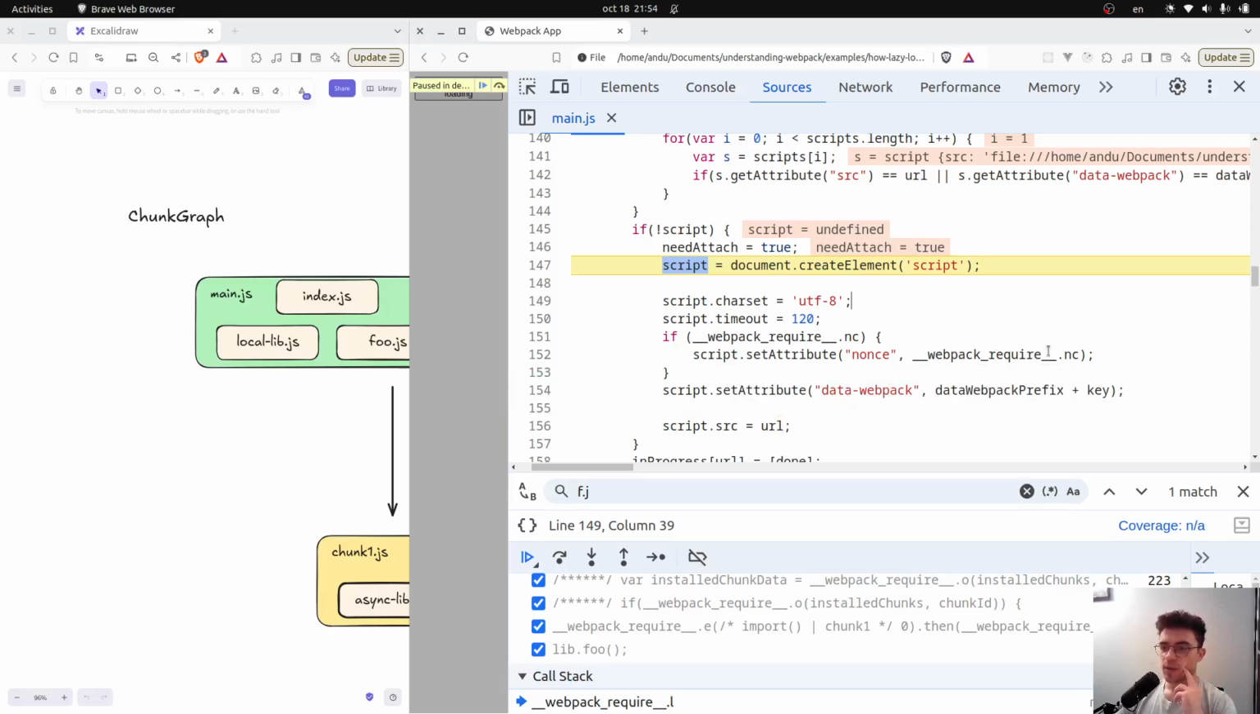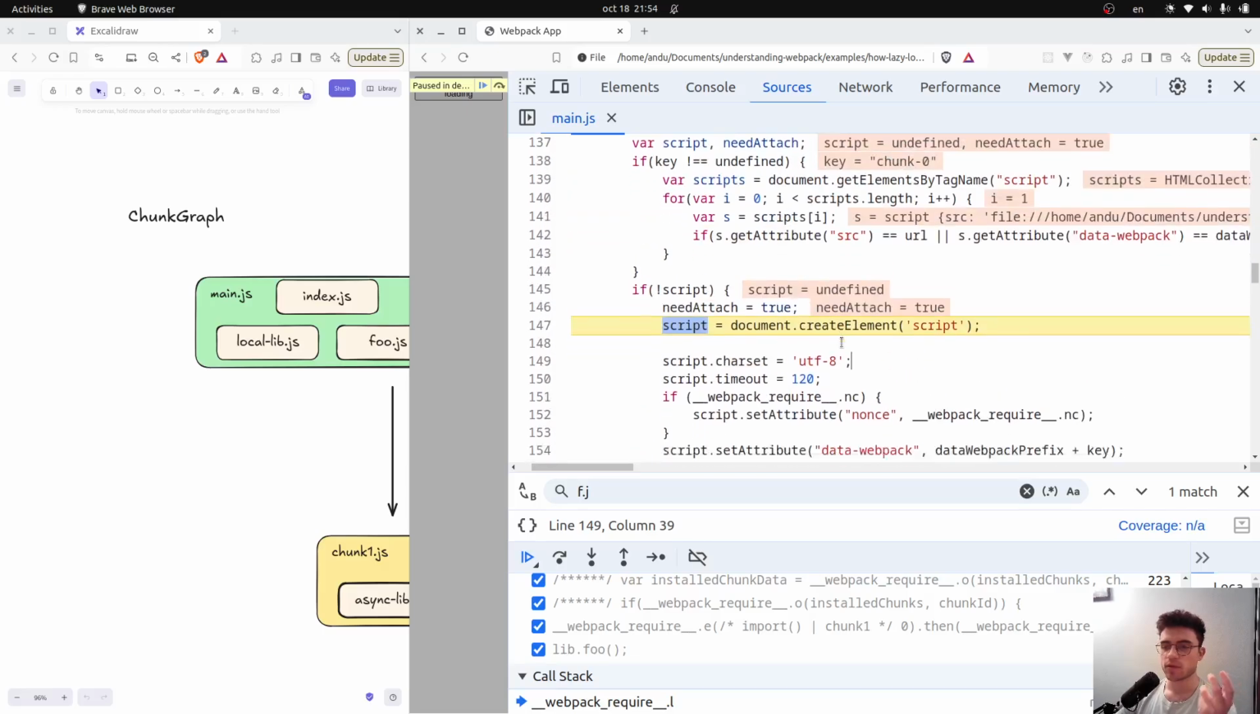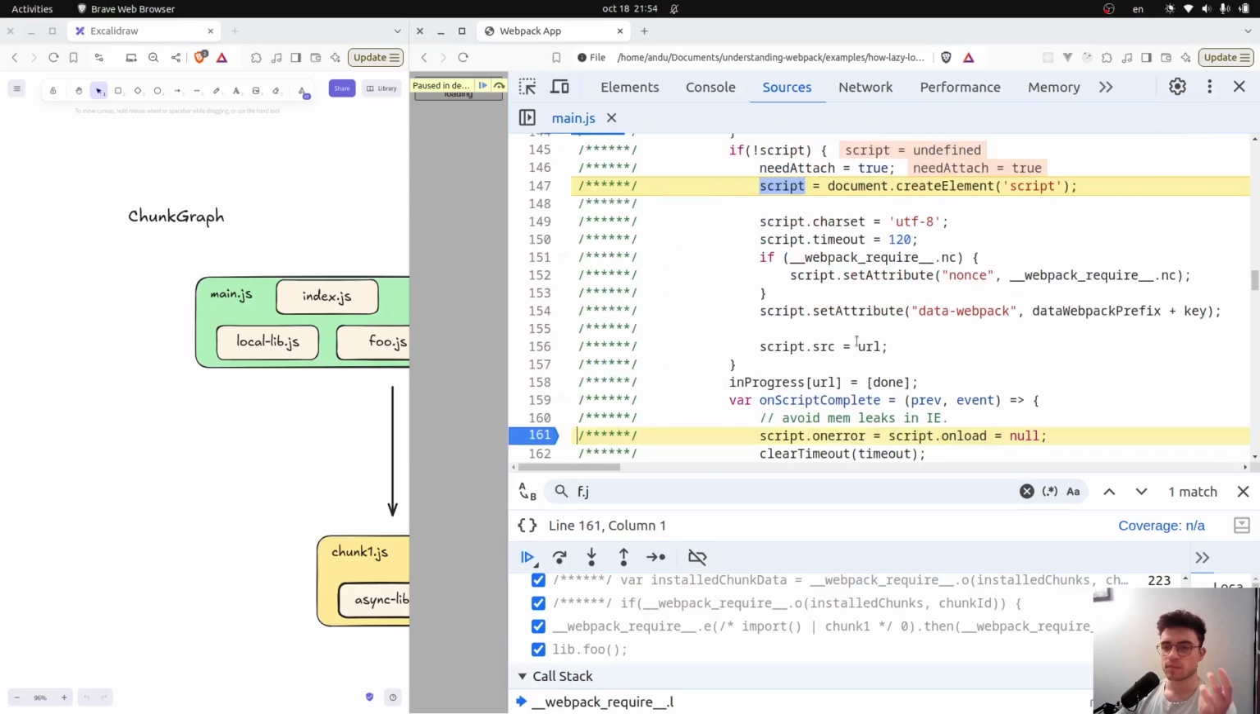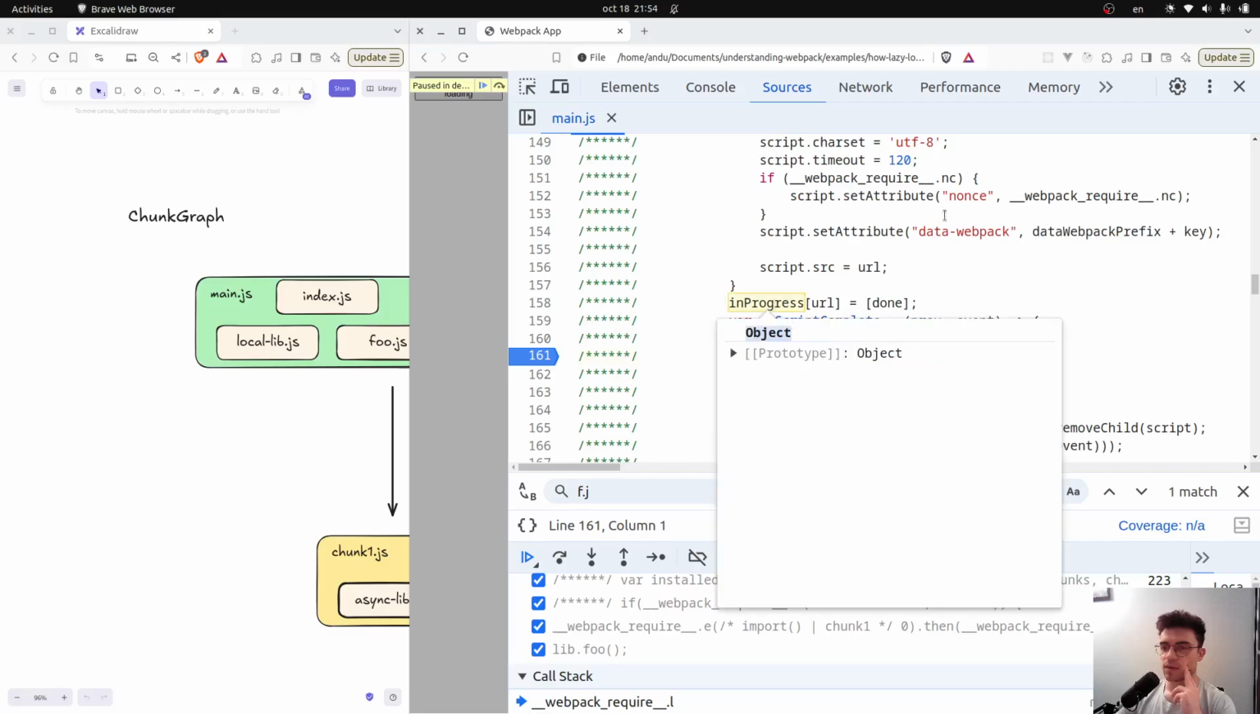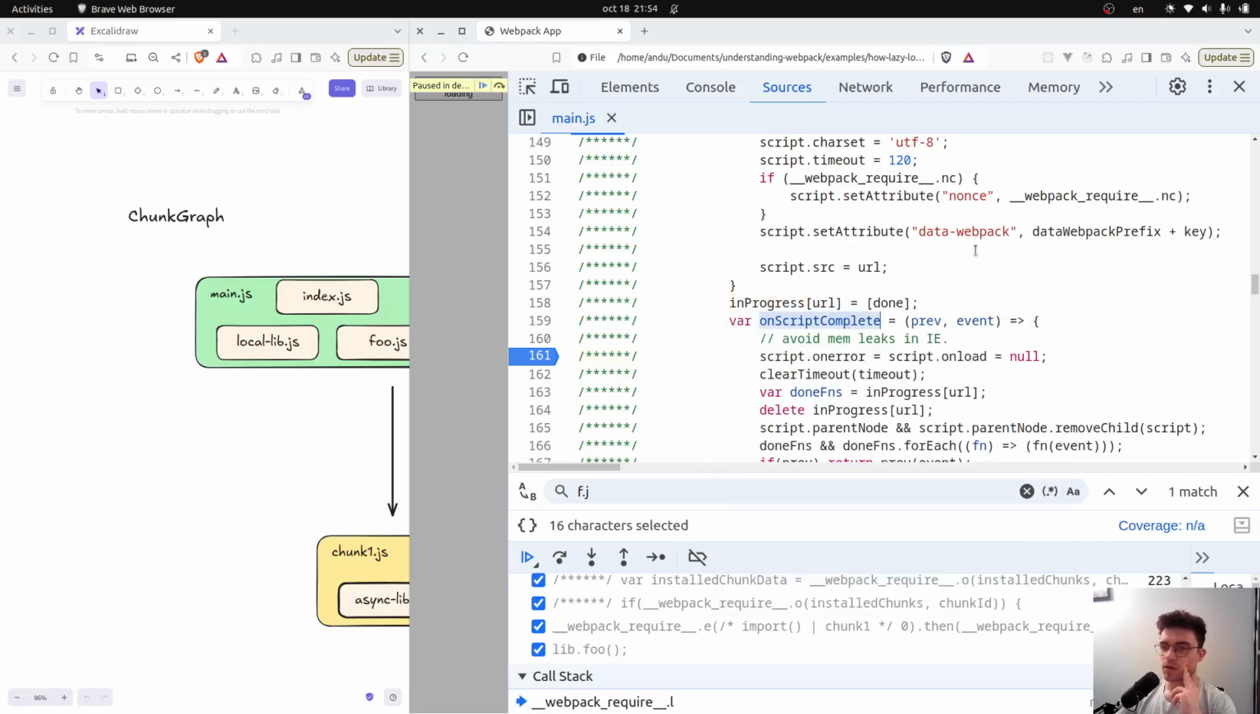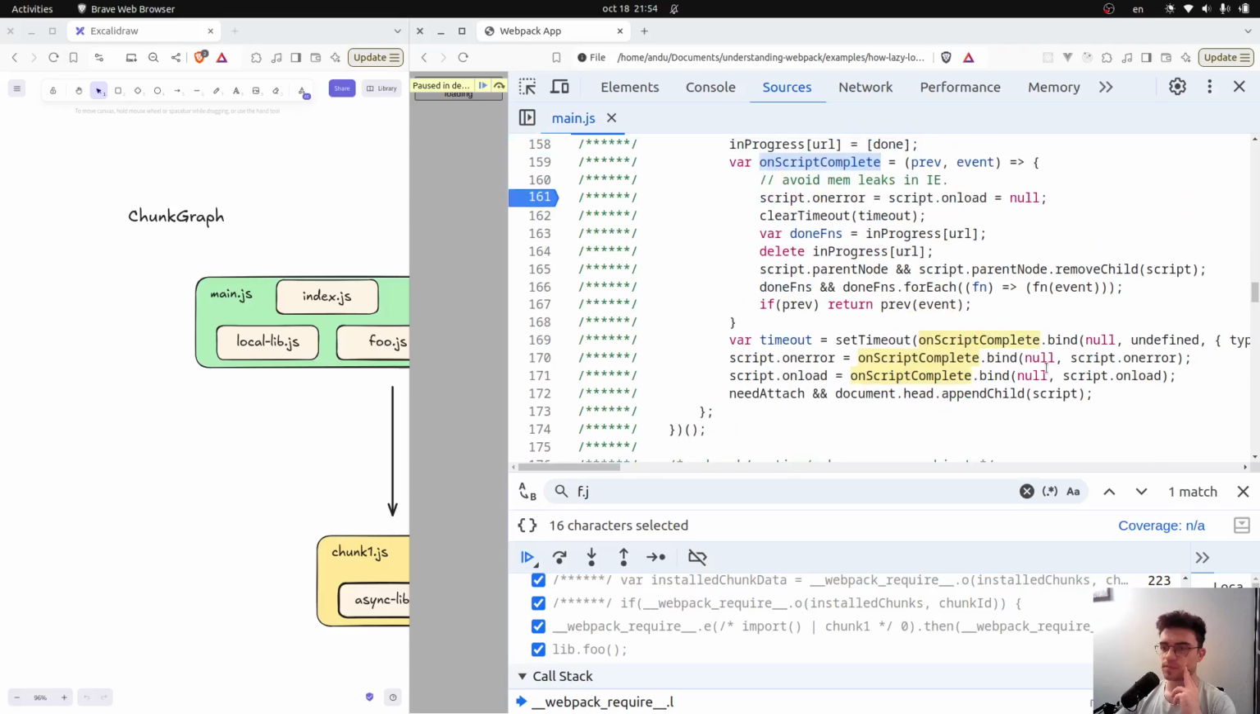And then when the script has been fetched, we will invoke this onScript complete callback. Once again, webpack does a few more things that are beyond what we want to highlight now. These are worth exploring, but I just want to show you how webpack achieves lazy loading, which is in essence